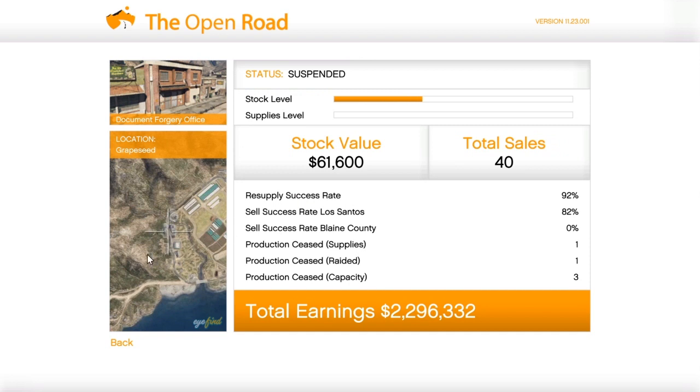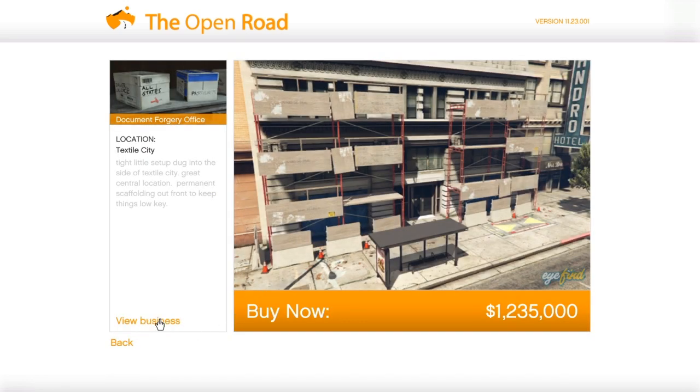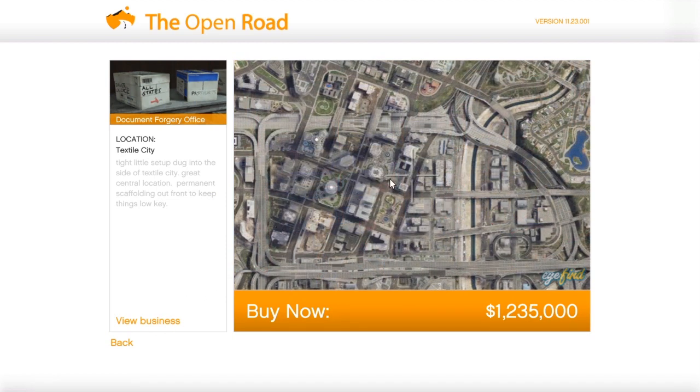Now for the document forgery, I'm gonna be real honest with you guys, just don't get it. There isn't really a good location for it. The one in Blaine County that is closest to the city is still not close, so that's actually the one that I have, and I still have to drive a very long way if I actually want to sell in the city. And for the one in the city that is closest to Blaine County, it's not that good of a location,